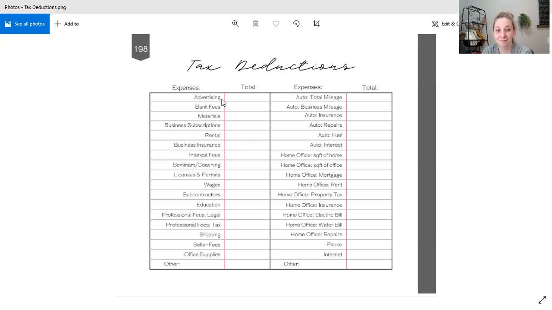Okay. I hope this helps you guys break it down a little bit more. I will provide you guys with a spreadsheet that breaks down each category and what belongs in that. I think that's a little bit more helpful as a general guide. But this should be used, like I said, on a monthly basis, a quarterly basis, or a yearly basis, whatever works best for your business. Because remember, you are creating a system that works best for you and your business.